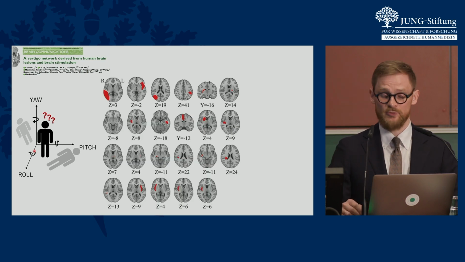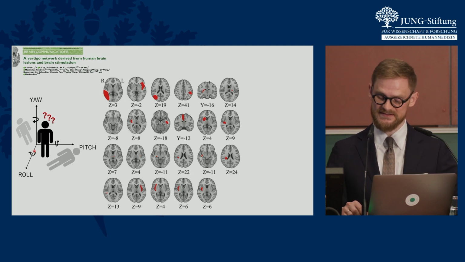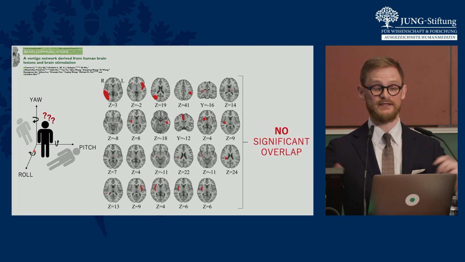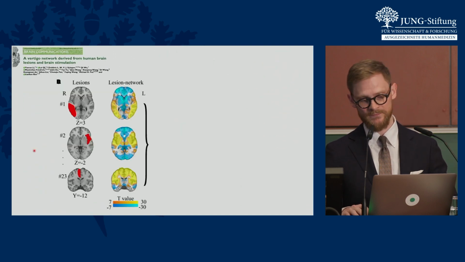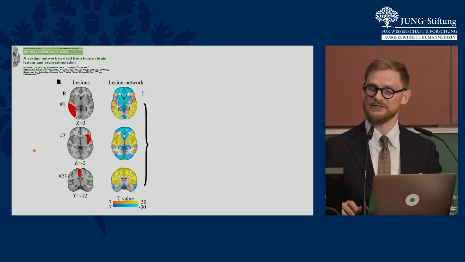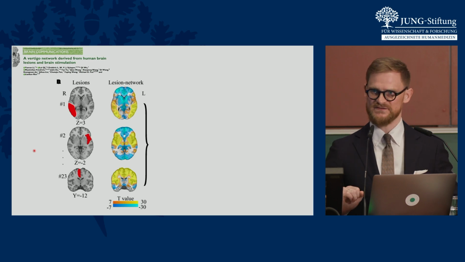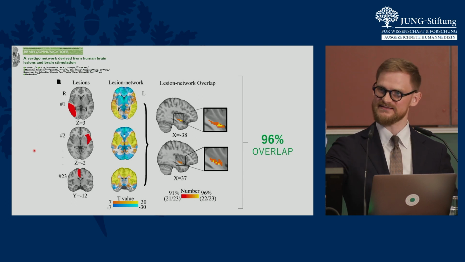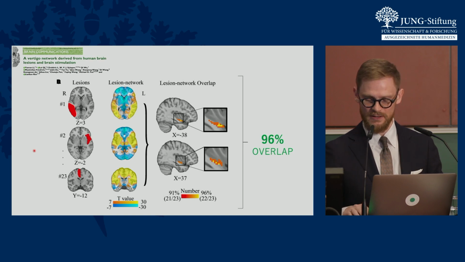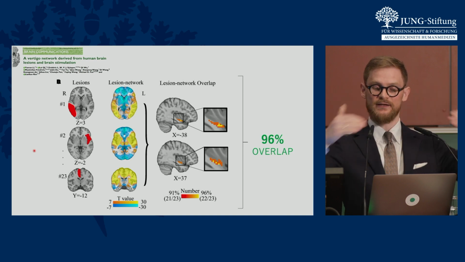Those are rare cases, but we managed to find 23 lesions outside of the brainstem that did cause vestibular sensations related to orientation and position. And again, no significant overlap. So you can see these lesions happen in many, many different brain regions. Well, so we used the connectome, this time the functional connectome, to understand for each individual of the lesions what other brain regions these are connected to. And what we found was striking. 96% of the lesions were now connected to the same spot in the insula, whereas almost no lesion overlapped. Now we have a common network that they align with.